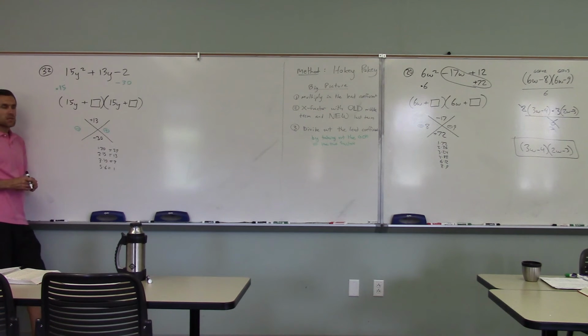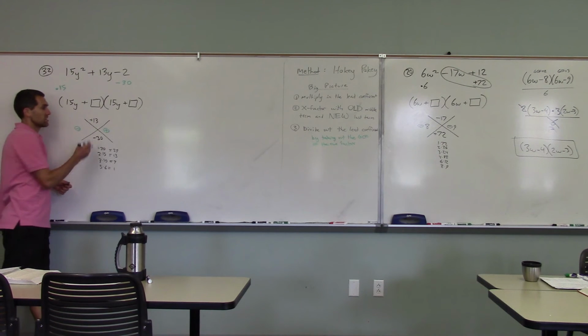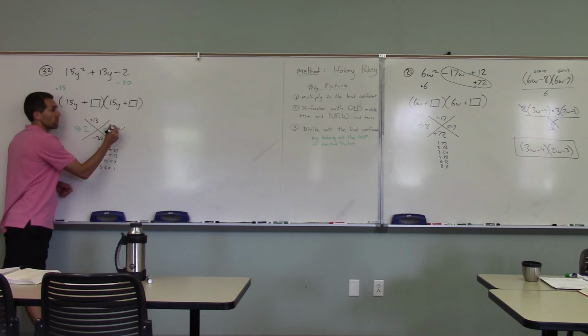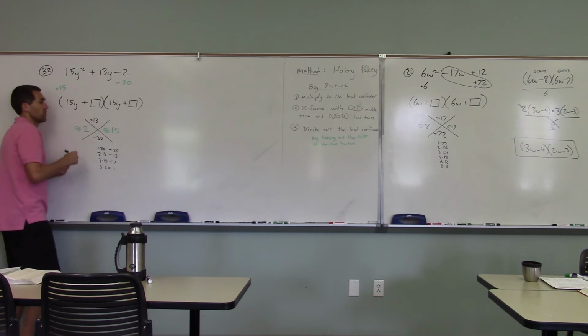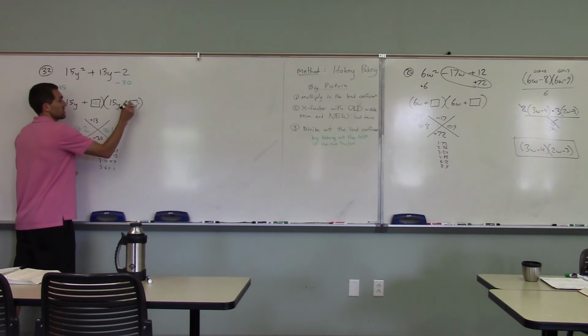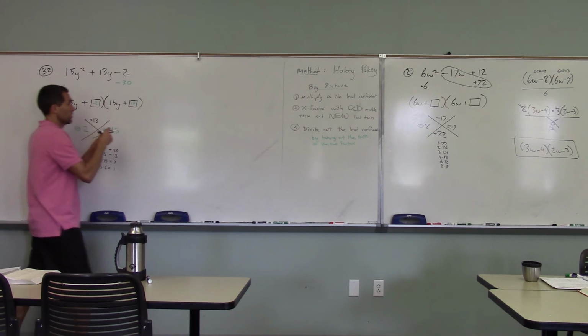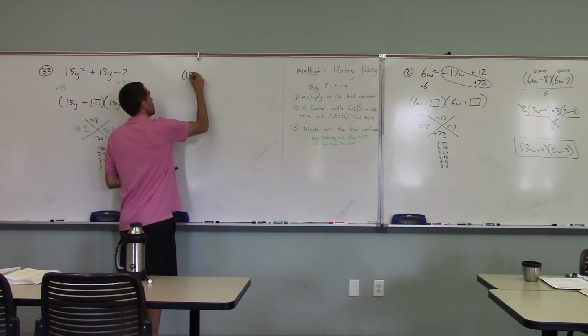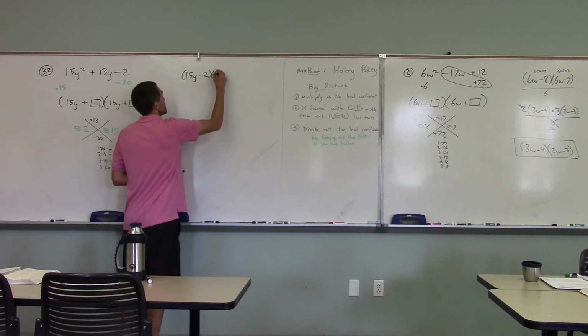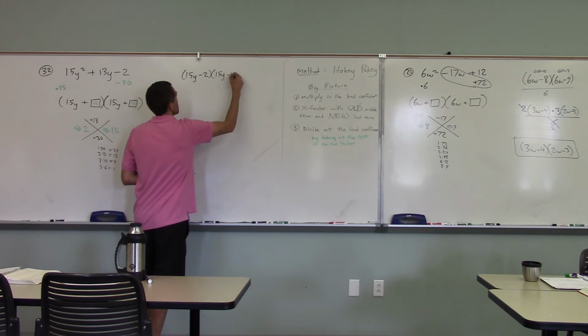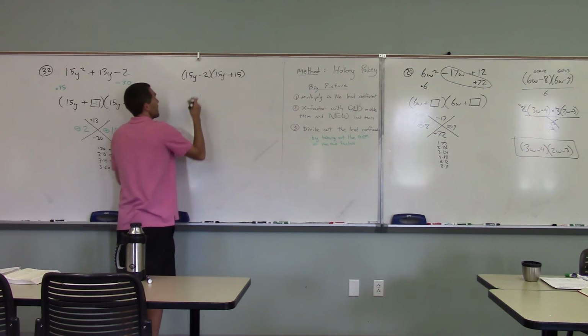So which one is it? 15. Okay, and which one's which? Positive 15. Why positive 15? Because we want minus 2, 13. Exactly, you want to take away 2 and be left over with positive 13, so there's more positives. So up here we put a negative 2 and a positive 15, and so we have 15y minus 2 times 15y plus 15, and then our last step is,